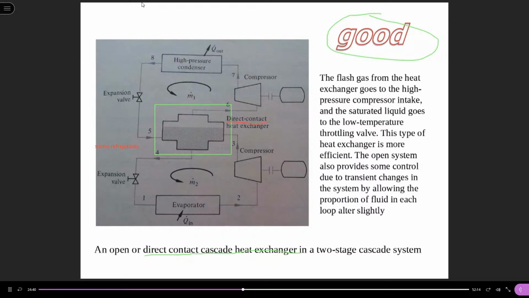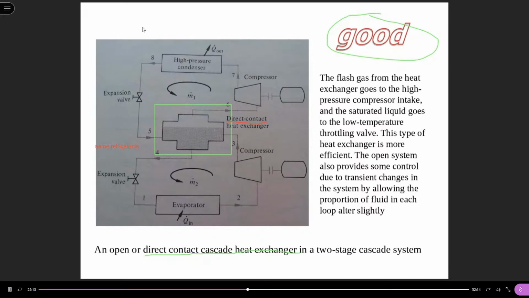So later, let's have a look at the design of the direct contact heat exchanger. Also, we have many tutorial problems, in fact, showing us how we can apply the energy equation to find out the correlations of the refrigerants from the high pressure cycle and the low